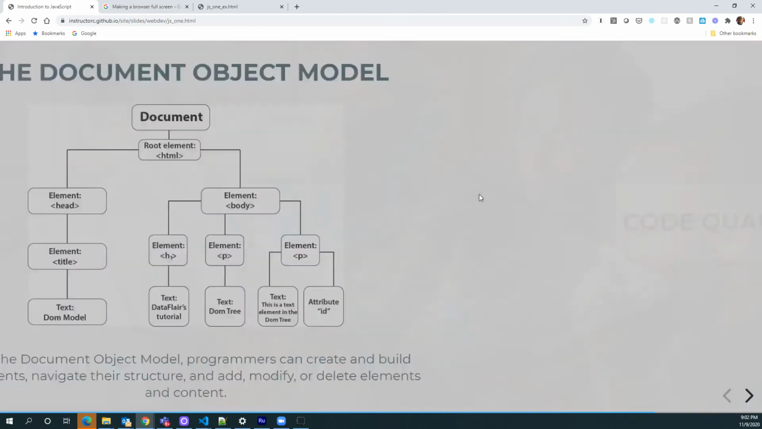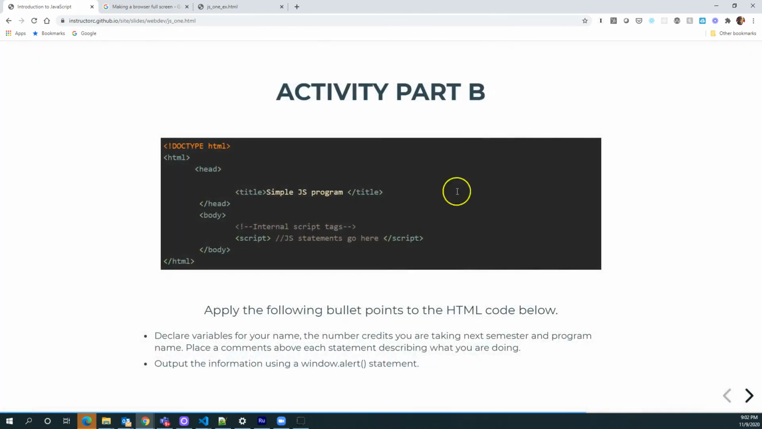Hey guys, go ahead and take a stab at the activity. This will be an opportunity to kind of, like I said, get stronger, and we're going to review